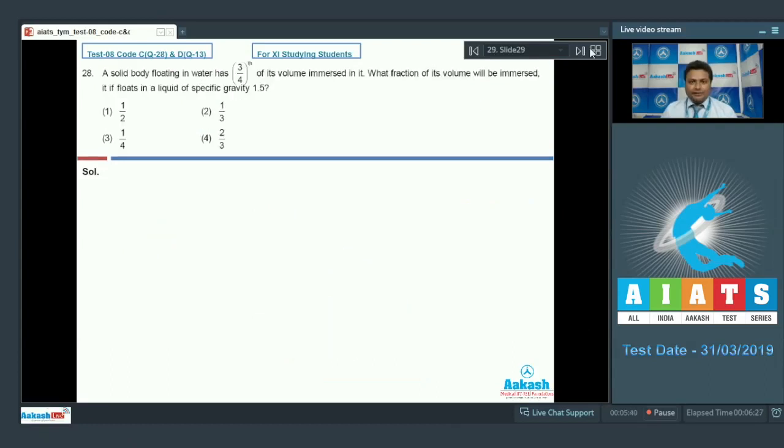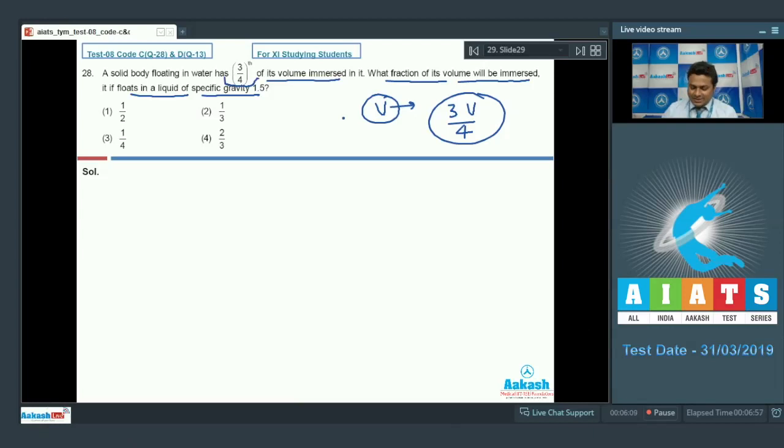Here is question number 28, everyone. A solid body is floating in water, has 3/4 of its total volume immersed in it. What fraction of its volume will be immersed if it floats in a liquid of specific gravity 1.5? Now let us consider the volume of object is capital V. Now the amount that is immersed will be what? 3V divided by 4, and since it is floating, so forces are balanced, therefore the weight of object, that is mg, will be buoyant force, that is